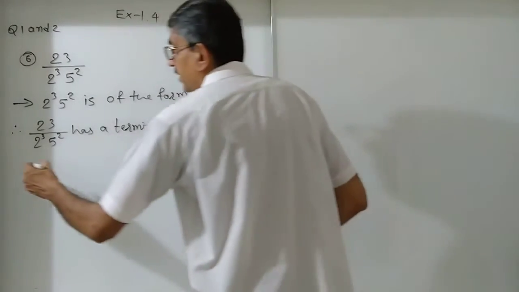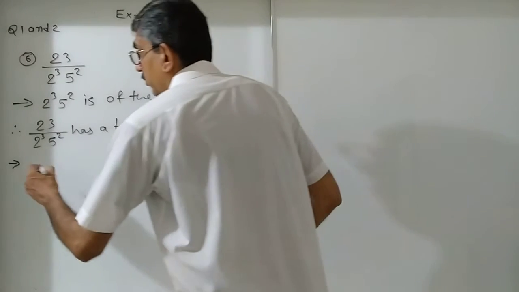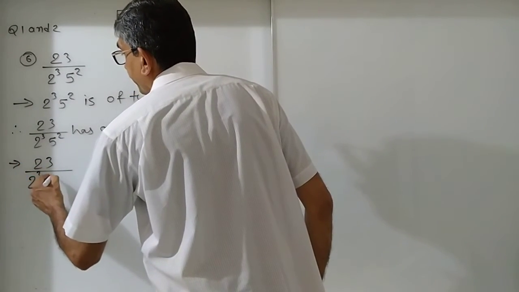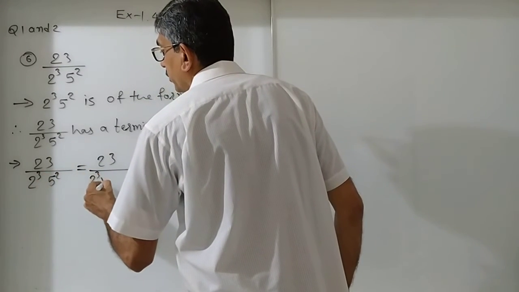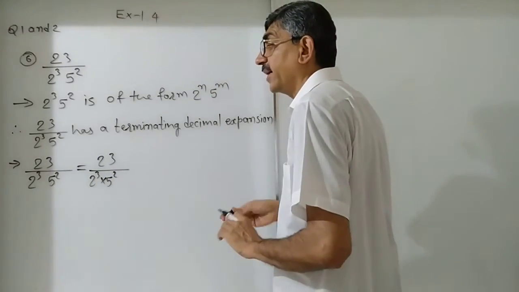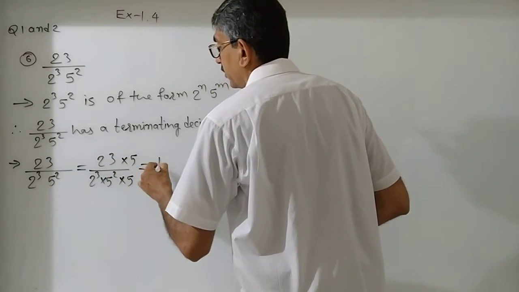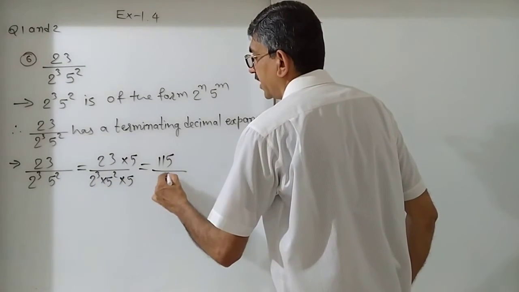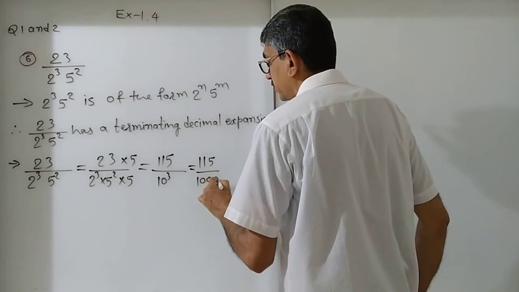If it is a terminating decimal expansion, then we shall try to express it in decimal. 23 upon 2 cube 5 square. Here 5 square, 2 cube means we need 10 raised to 3, so we shall multiply by 5. 23 times 5 is 115, and 2 cube 5 cube is 10 cube. So 115 upon 1000,